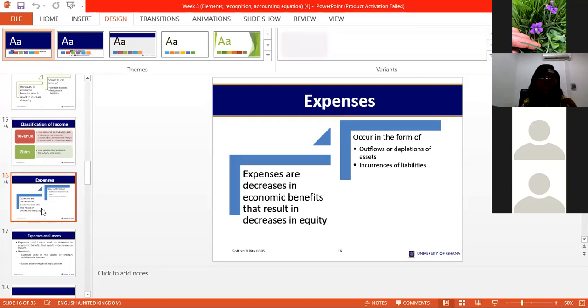Yes, so overdrafts are only given to account holders of banks, not specific banks. Once you have an agreement with the bank to overdraw your account, and it is only on an account, okay? It is a loan, but it is only given when you have an account there, because it allows you to go beyond the balance on your bank account.